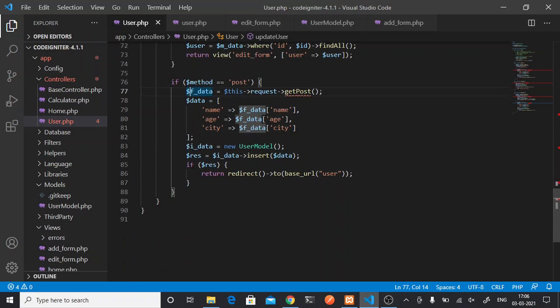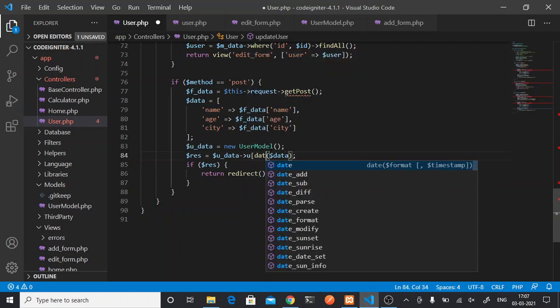Whatever I am getting from my form, I have stored in f_data, and my form values I have stored in an array which I am passing as update data. I have created a new instance of my model, and instead of insert, now I want to update.